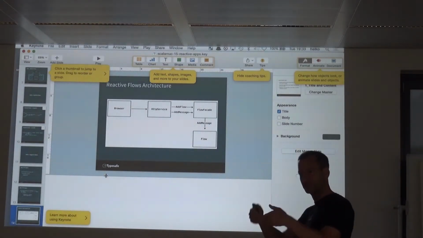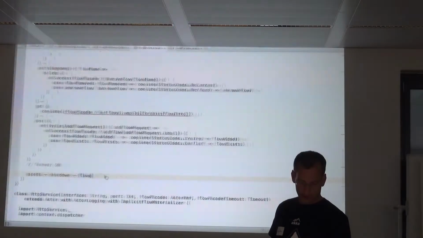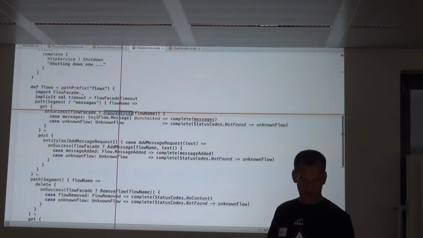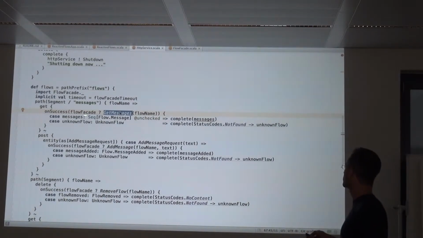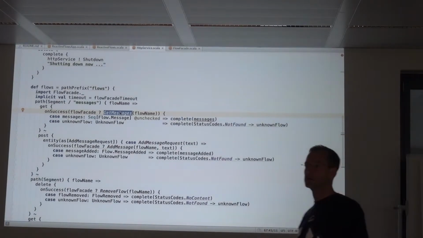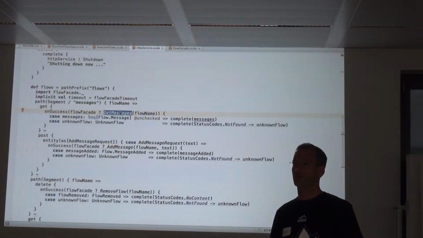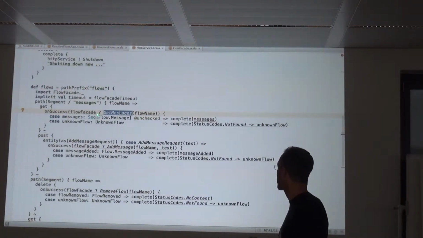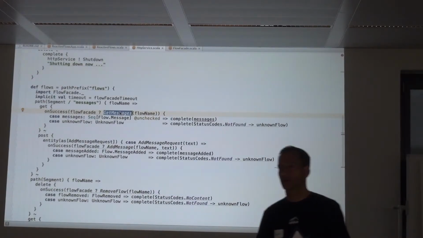Okay, that was explicit in the user code, which could be seen here. Like in this case, get messages. So you send a message to the flow facade. Okay. And message sending is always asynchronous in Akka. There's no way to do a blocking message. Even if you do the ask pattern, it will give you a future, right?